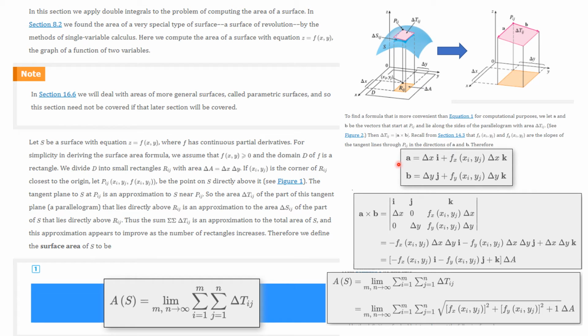So we're going to write what A is. Remember that A lives in the i-k plane, and B lies in the j-k plane. So this is A and this is B. And so we're going to compute the magnitude of this to get the area, which is this delta Tij. So we're going to first do the cross product of these two vectors. Now note we have 0 here and 0 here because of the way we defined the sides of that parallelogram. So when we compute this determinant and simplify, what we get is